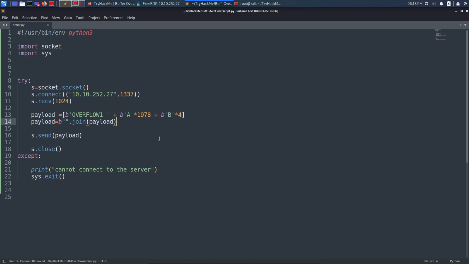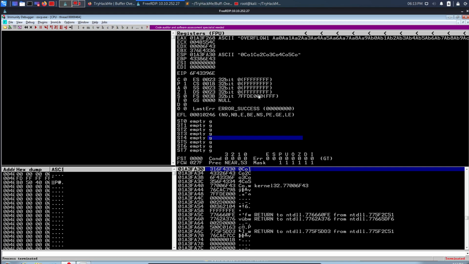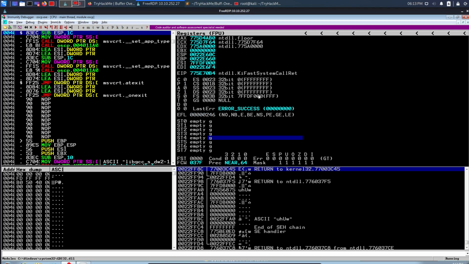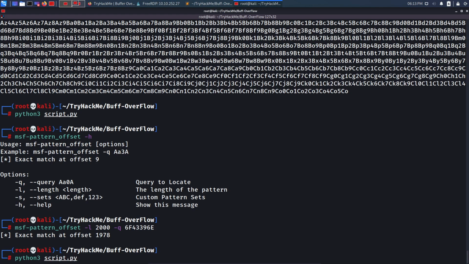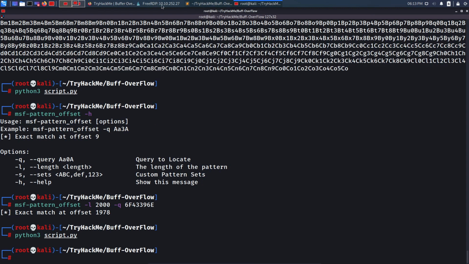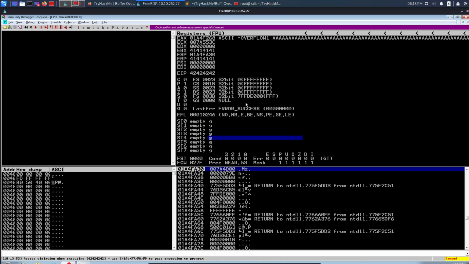So let's save this one. Let's come back to our Immunity Debugger, Ctrl F2 to restart, F9 to run. It is running. Let's come back to our terminal, run that Python script again, hit enter, and let's come back to the Windows machine, and right away you can see now my EIP is being overwritten by 42, 42, 42 and 42. So 42 is the hexadecimal representation of character B. Now I have gained control over EIP completely. Whatever I specify over to EIP, I will